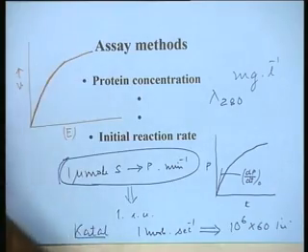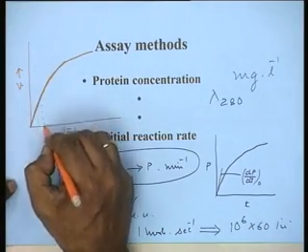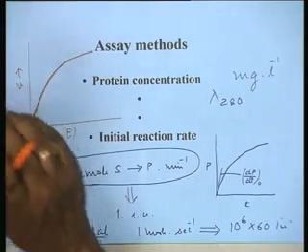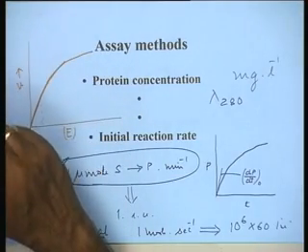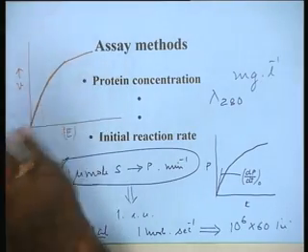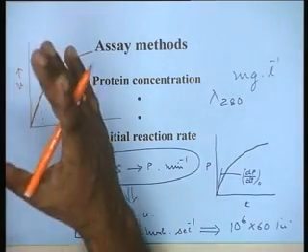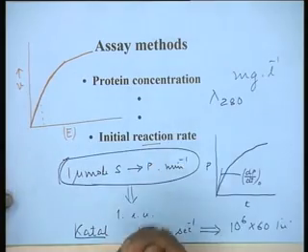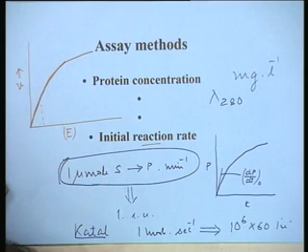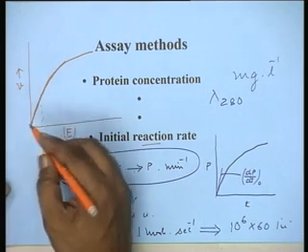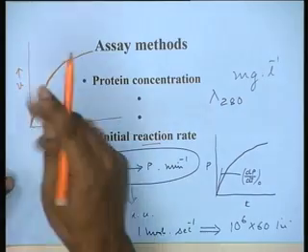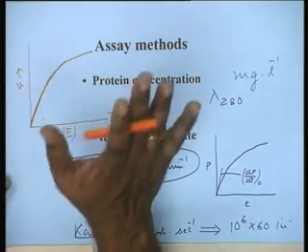So, essentially we must ensure that we are measuring in the linear range, that means at low enzyme concentration. The best way to ensure this is that instead of taking one sample, we take at least 2 or 3 dilutions of the same sample, let us say 2-fold, 4-fold or 6-fold, known dilutions, and the reaction rate obtained must be proportional to the dilution. Unless you get 2 different samples in the same linear range, you cannot depend on the result,